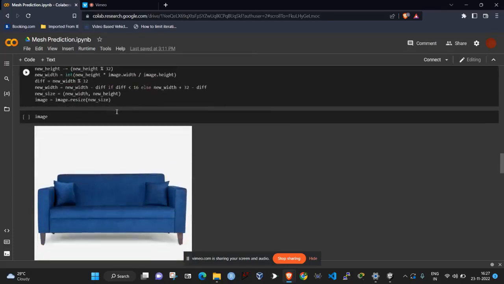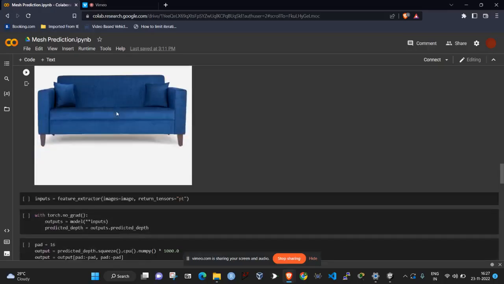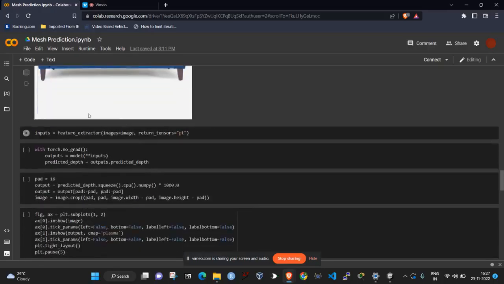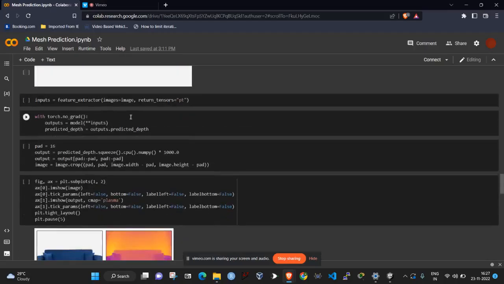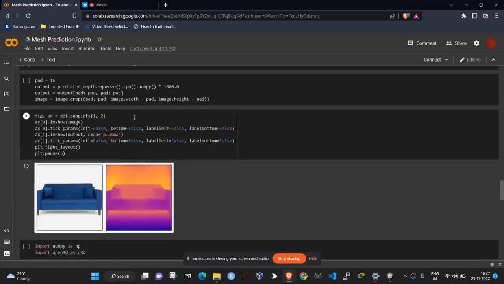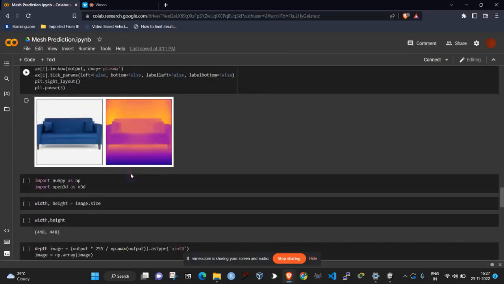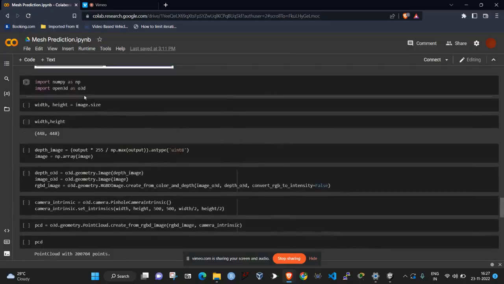This is the input image after resizing. And this next line of code helps to extract the necessary points of data from an image, or in short, it does a feature extraction step. Next, the predicted depth is received, and we can see it after plotting here. This ends our step 1. Next, we have our second step. Now we move